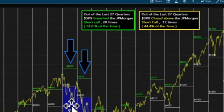It doesn't matter if it passes through the call strike and comes back below the call strike, then you haven't given away any upside, right? It's only been a temporary push above, and it eventually came down before the time of roll, time to restructure after 3 months. But 12 times it actually stayed above that strike. So you've given up performance, right? So any close above that upper call strike is going to give away performance,